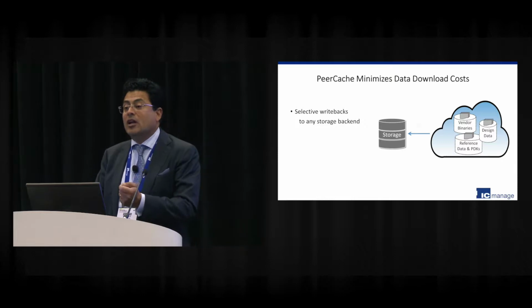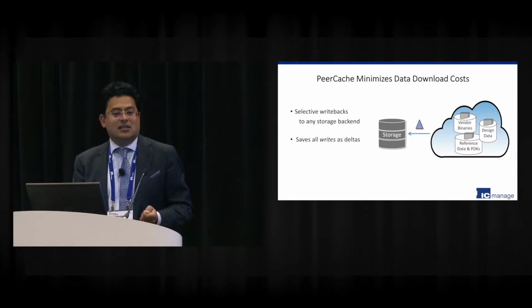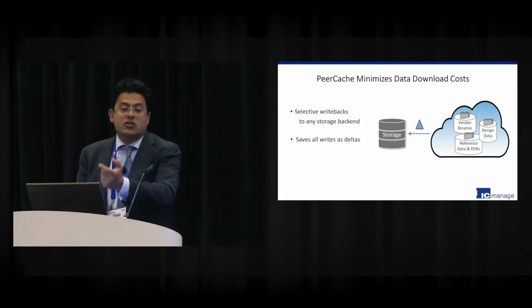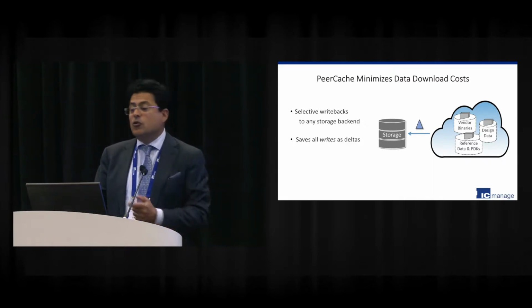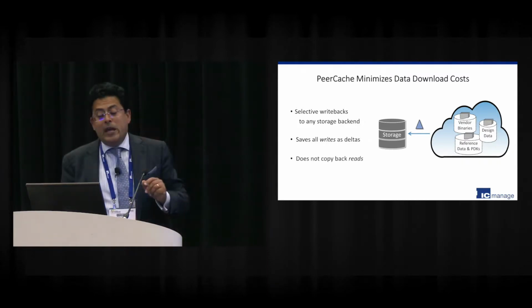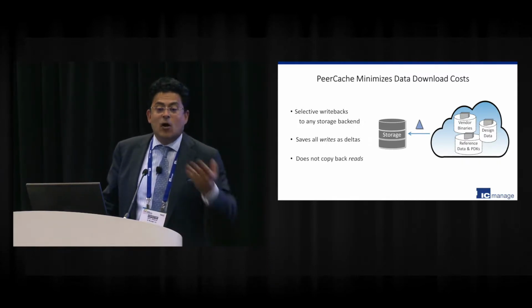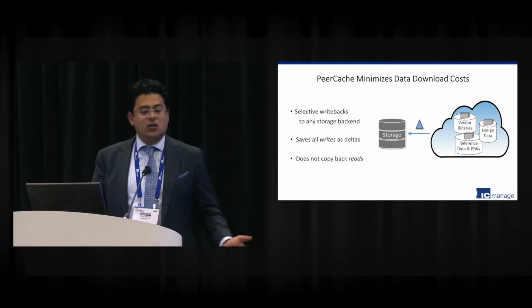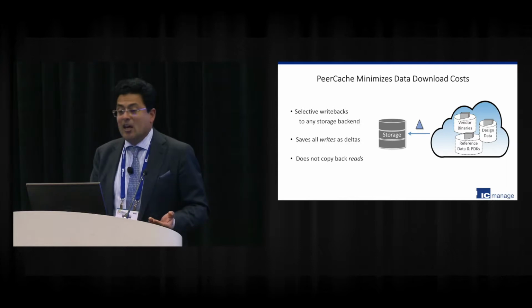But most importantly, all writes are saved as deltas. So we know what you wrote. If you appended to a file, we'll just send the appended bits back. If you just modified a file somewhere in between, we'll just send those bits back. We do not copy back any data that we read over the wire because we already know what it is. And we know our writes, and we can send those writes back as deltas, so we can keep your costs